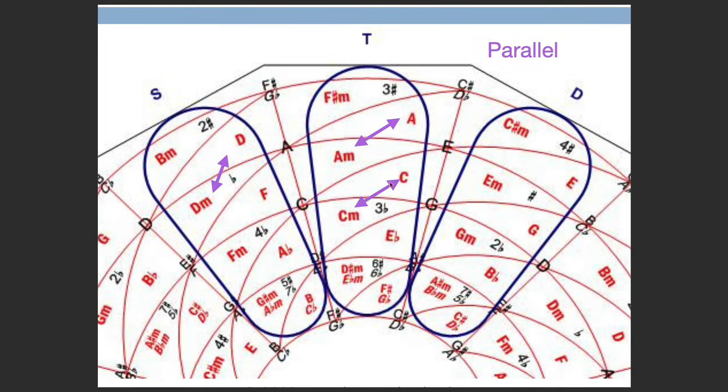Parallel movements are this way: C major to C minor, A major to A minor, F sharp minor to F sharp major over here. So these bands are the bendy axis of an NRT on the P move, and leading tones across the boundary. They're sort of resolutions in this perspective.